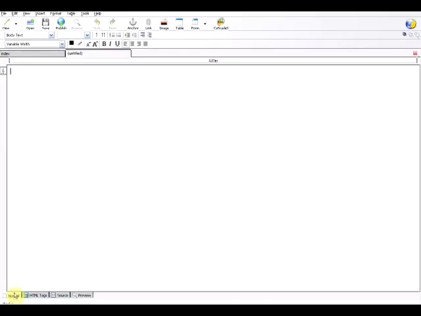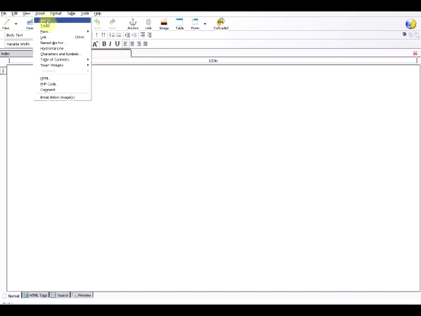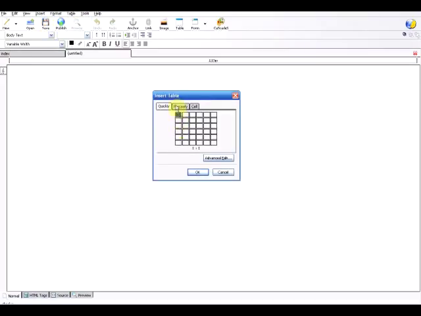Okay, so what we do is we select the normal tab, and now we will start creating our web page. In order to do that, click Insert, Table, and we want it one row by 1 column, and we'll set the width to 1100 pixels, border 0, and we want cell spacing 0 and